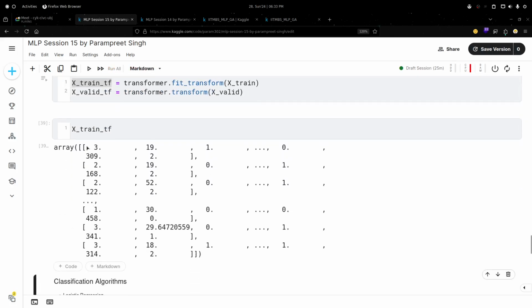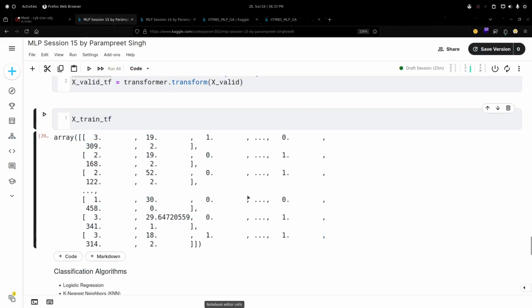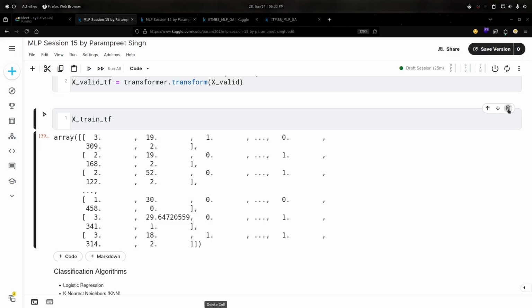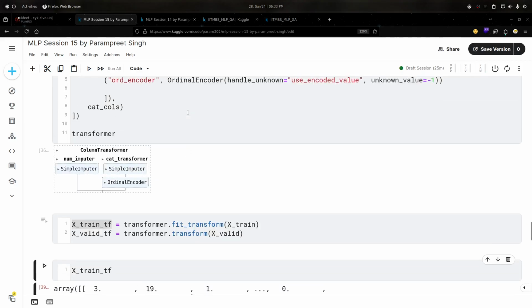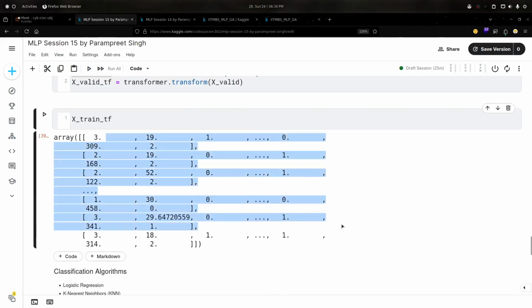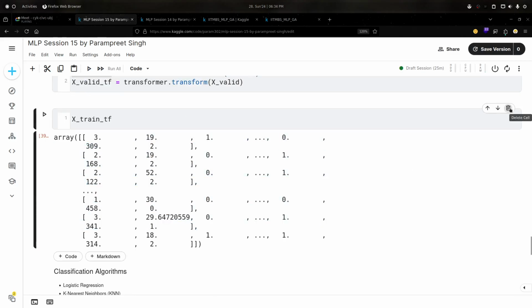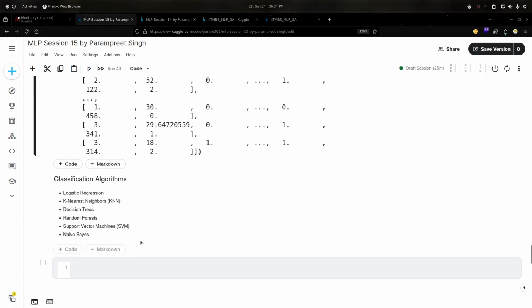Of course, this is in the array. That doesn't do much, that is all right. So we have this data set as of now, the transformed data set. So let's move forward now. Now comes the main thing, which is the classification algorithm. So let's first start with the